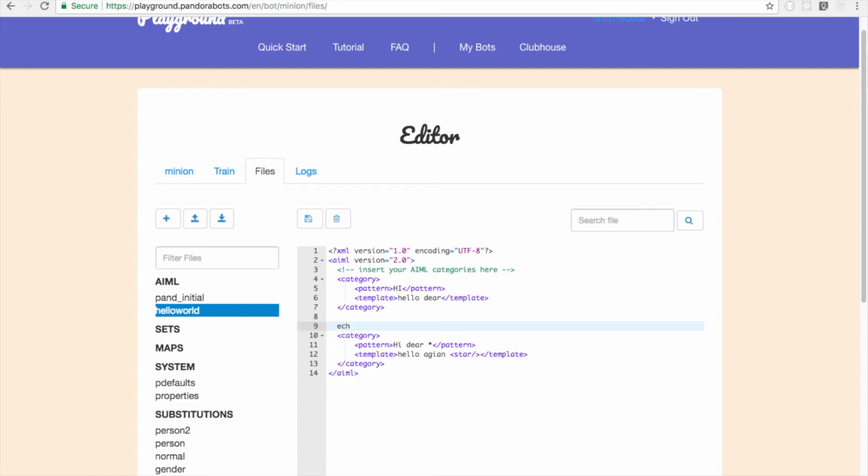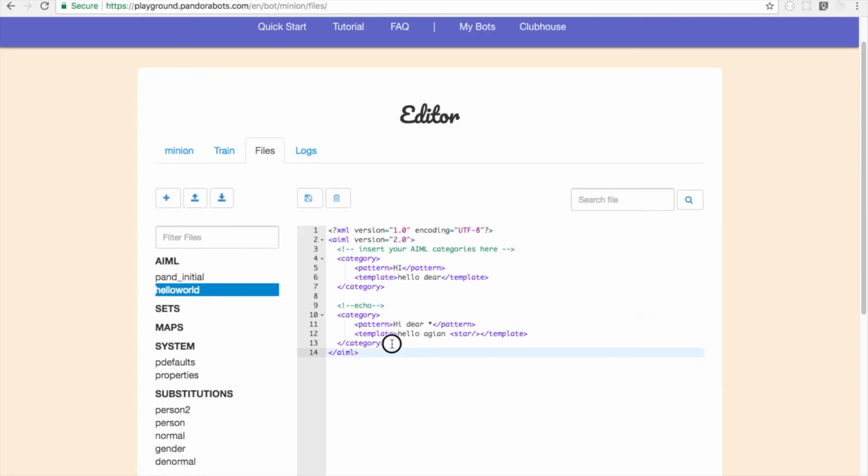Let me write it for you so that it's easy for you. Yeah, so what's happening here is an echo. So it's easy to remember: the star does an echo. Okay, that's nice. Now, say we have two patterns, but there's